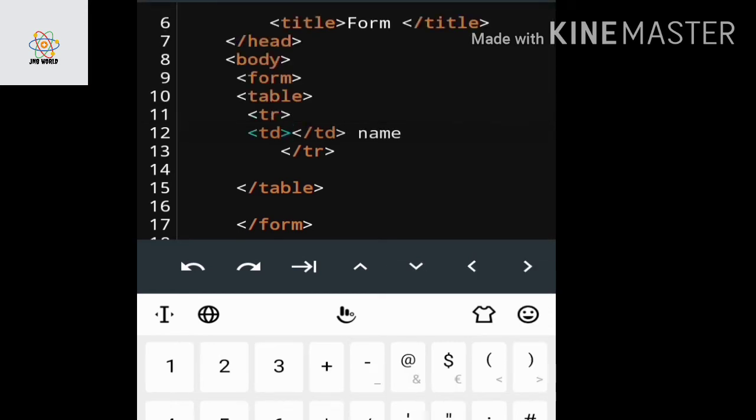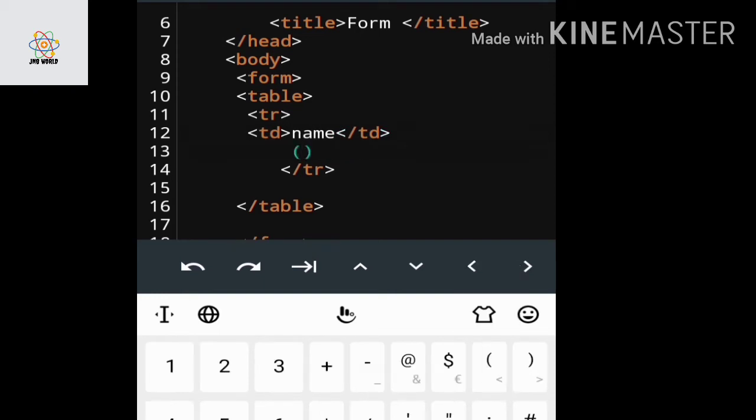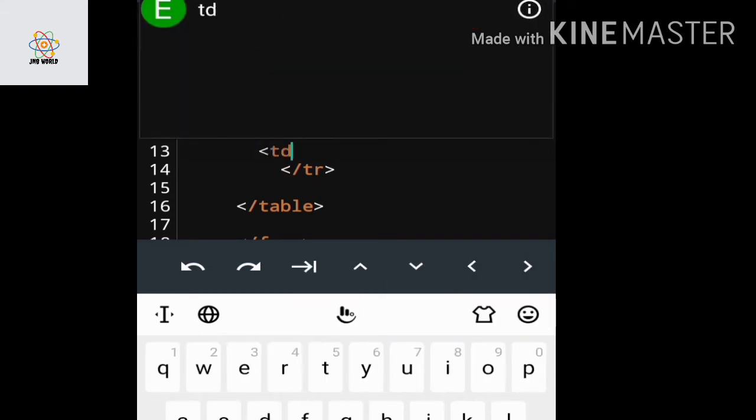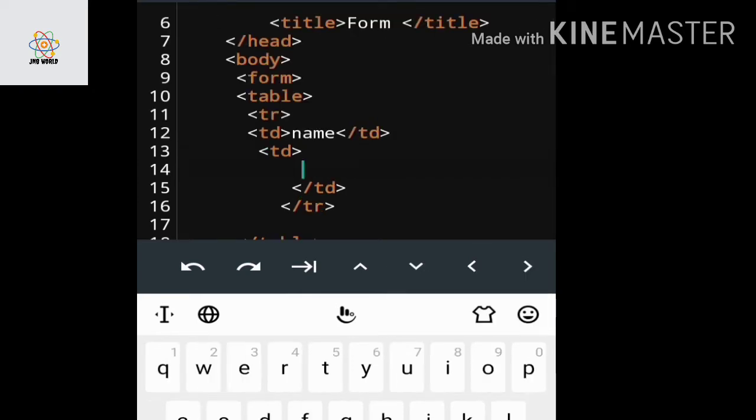So within the first td I write the name. Again I have to create another td here, and within this I have to create a text box.